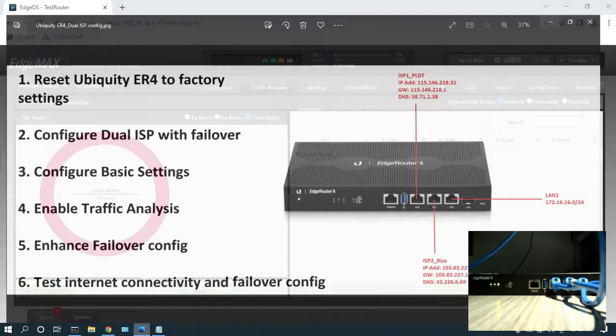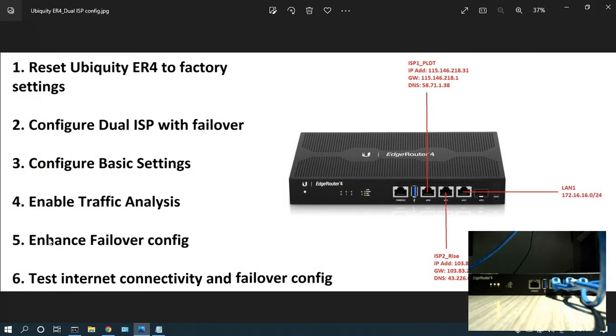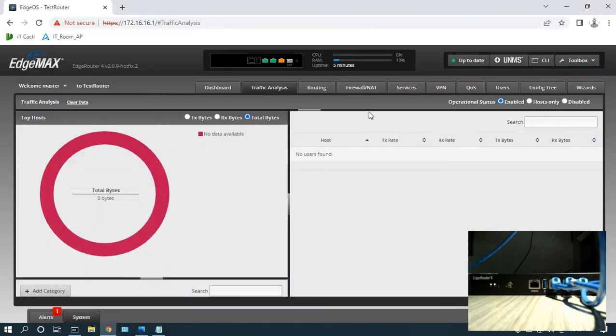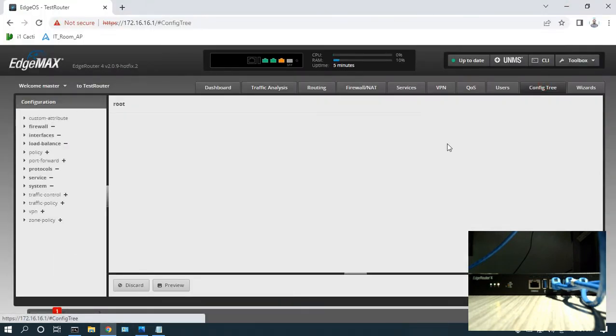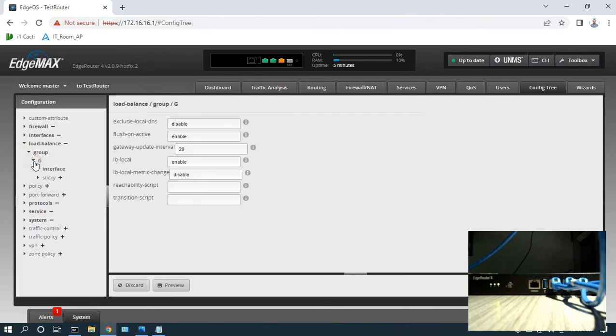So we're done with step number 4. Moving now to step number 5, we're going to enhance our failover config. To enhance failover config, let's go to config tree and then go to load balance, group G, LB local metric change. Let's make this one enabled,